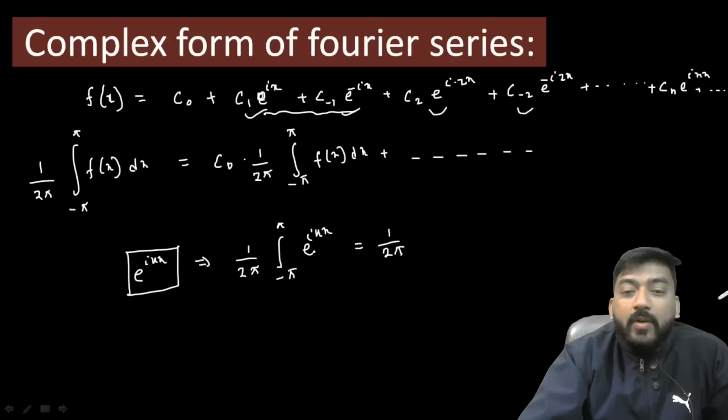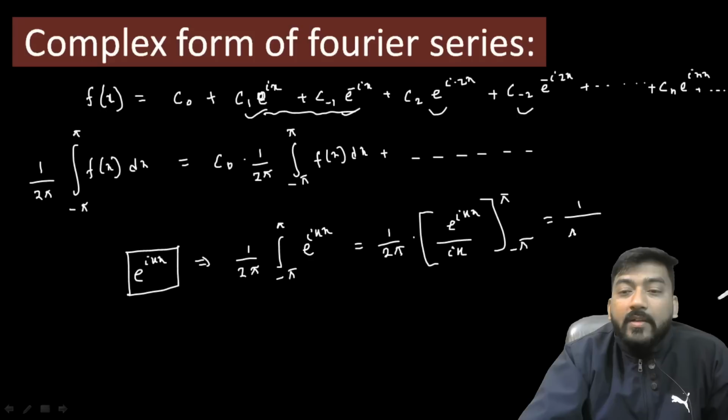This is 1 upon 2 pi and e to the power ikx. Integration of e to the power ikx will be e to the power ikx by ik, and the limit will be minus pi to plus pi. And if you put here, you will get 1 upon pi ik. Let me take it outside, and inside we will put this 2, so it will be just e to the power ik pi minus e to the power minus ik pi divided by 2, and within this bracket this term is nothing but cos k pi,